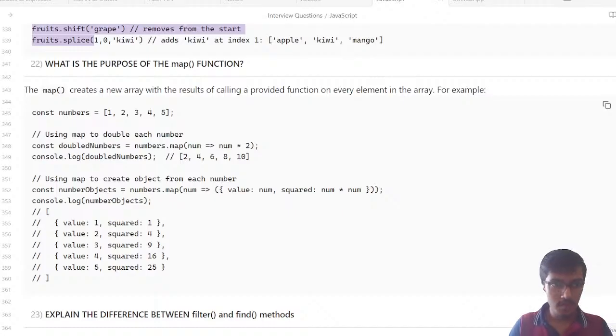What is the purpose of the map function? The map creates a new array with the results of calling the provided function on every element in the array. For example,